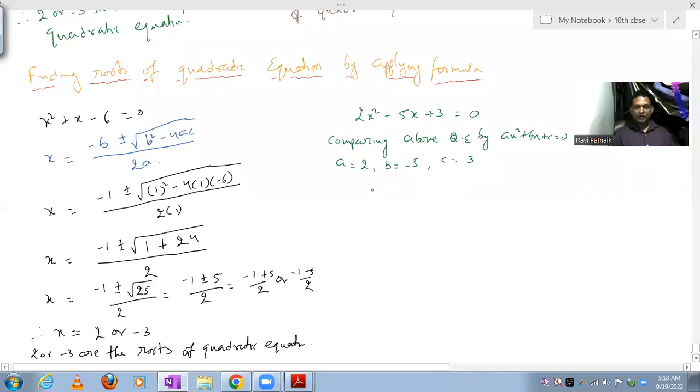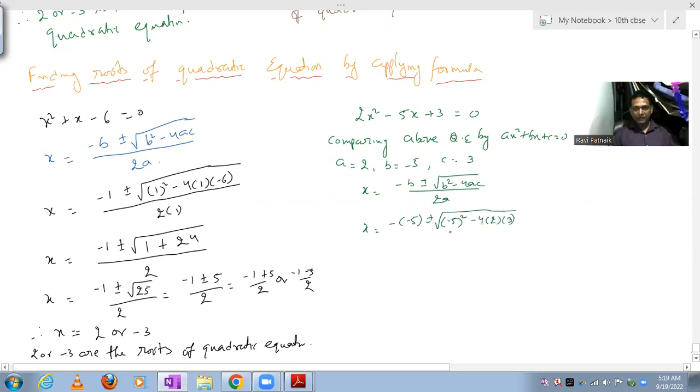Now put the formula. x is equal to minus b plus or minus square root of b square minus 4ac by 2a. That is x is equal to minus of minus 5 plus or minus square root of minus 5 whole square minus 4 into 2 into 3